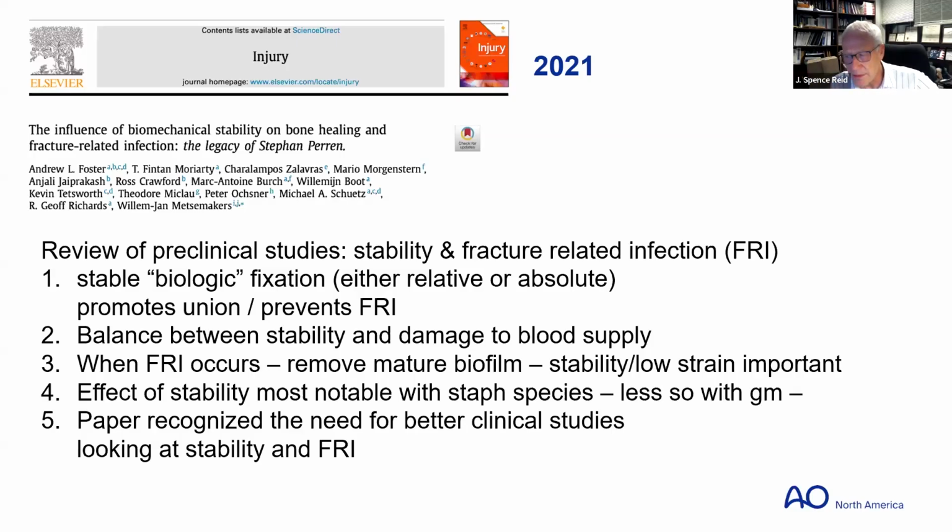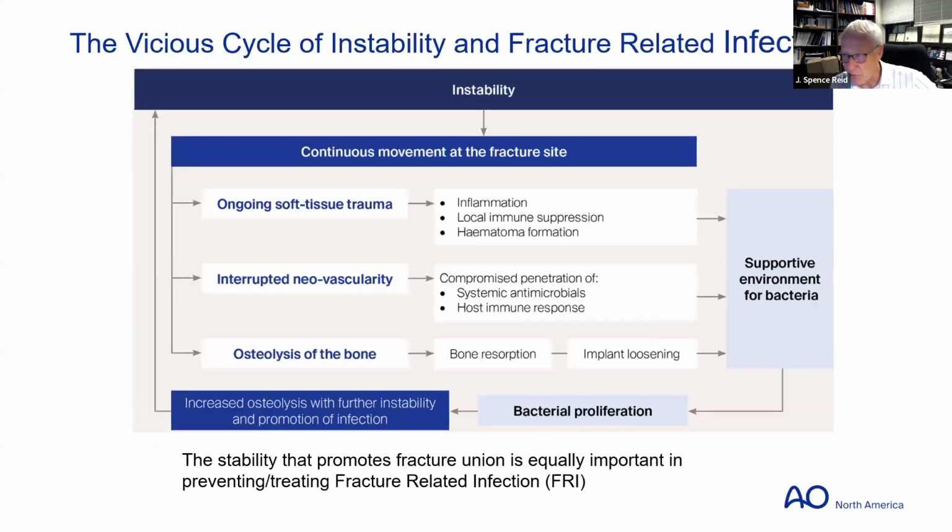And they really didn't explain that other than they think it needs a little bit more research. And the paper did recognize the need for better clinical studies looking at stability and fracture-related infections, not just the preclinical animal studies. I think this was figure 3 from the article, and it really summarizes the link between instability and